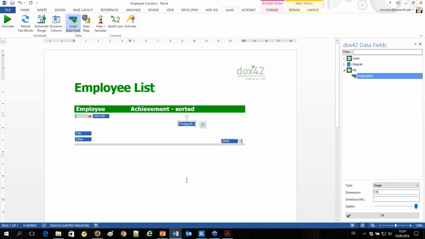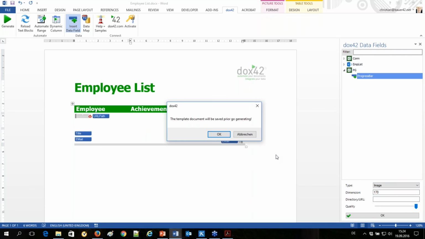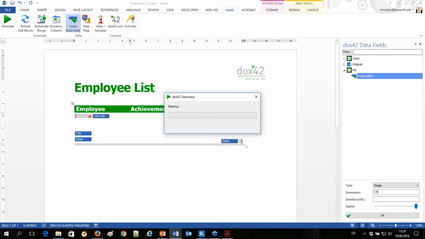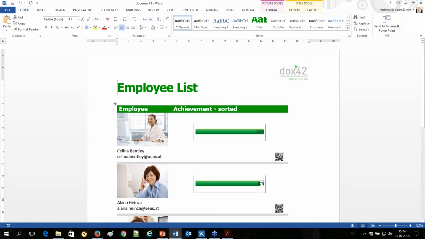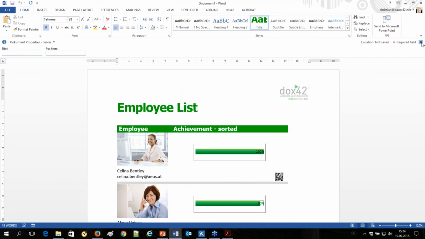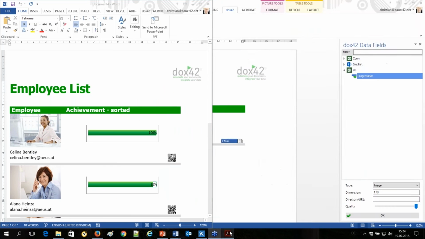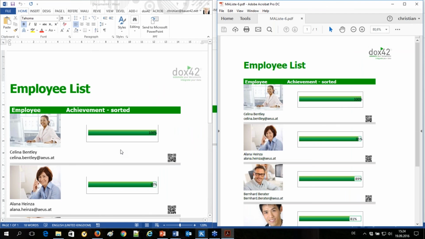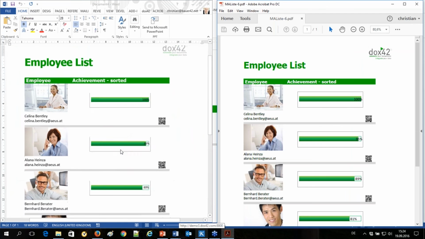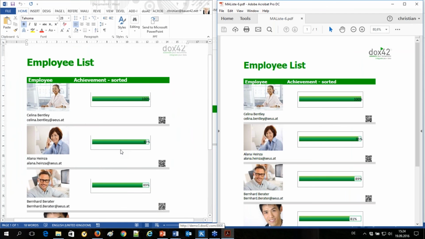One very simple one is just to do a custom action with SharePoint Designer. So we just open up our SharePoint Designer, we select the library, and create a custom action here. And this custom action just calls the docs42 REST service and tells docs42, please generate the document for this template and return it as a PDF.